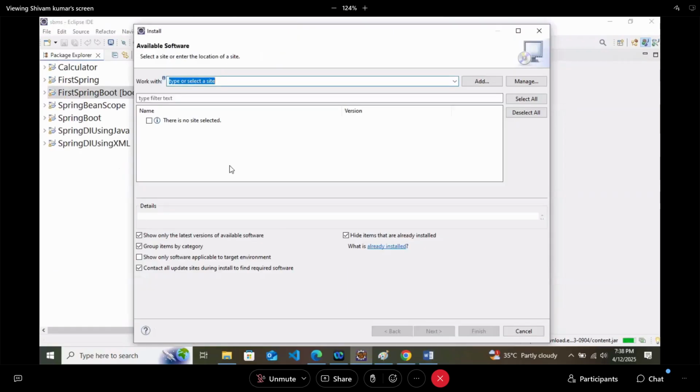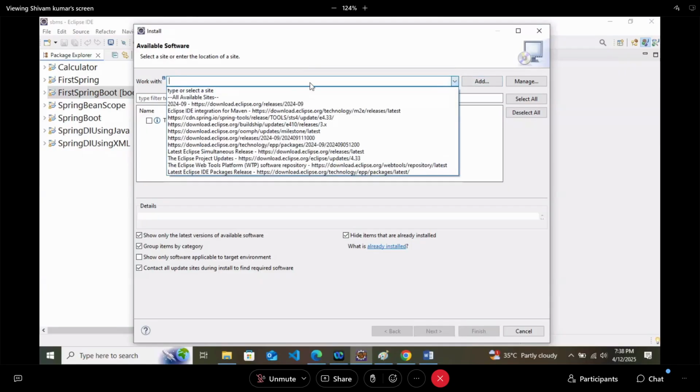And here you are seeing these kinds of things. It is showing available software, or select a site or enter the location of a site. Now it is telling you that you have to tell us from where you are installing the plugin. So if you check here, a lot of websites are available.